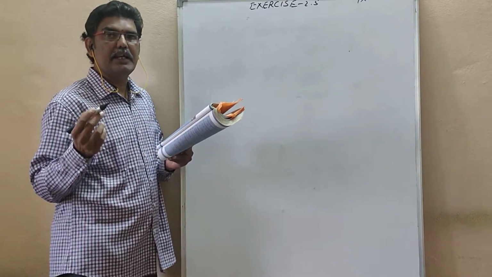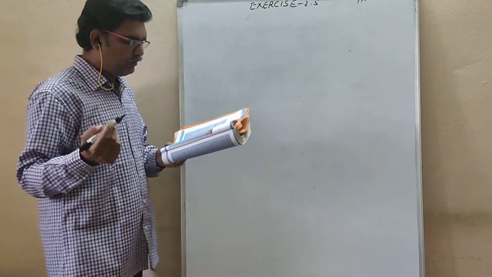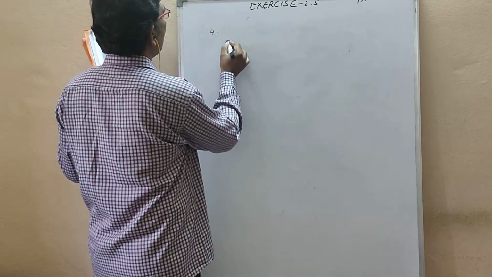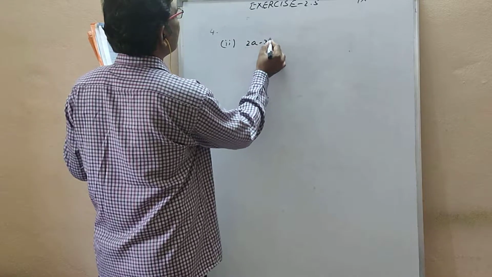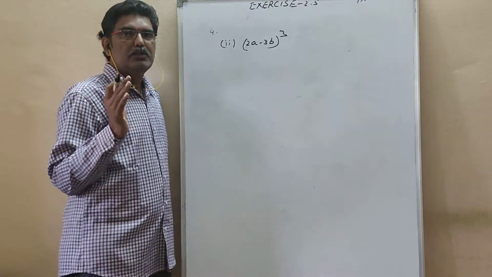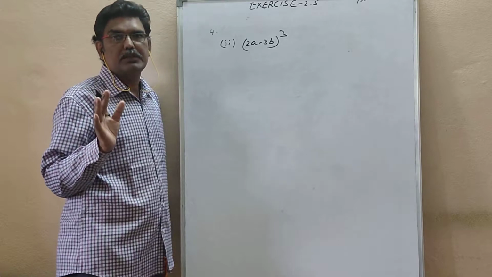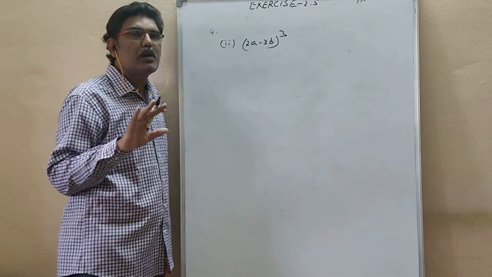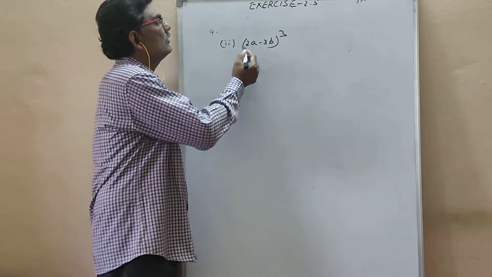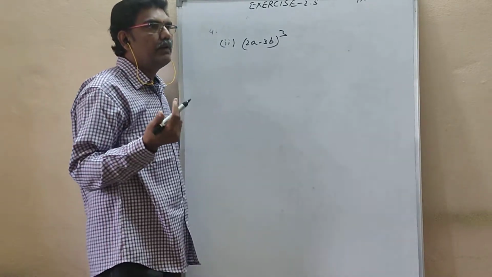In the last class, I said how to do expansion. So now we will do some problems over here. That is in fourth, second problem, 2a minus 3b whole cube. They give it like this. Without knowing the formula, we can't do these problems. Even teachers can't do it. If you know the formula, then we can do it. Now, by seeing this, you should remember one formula.